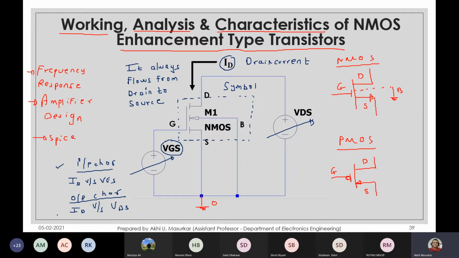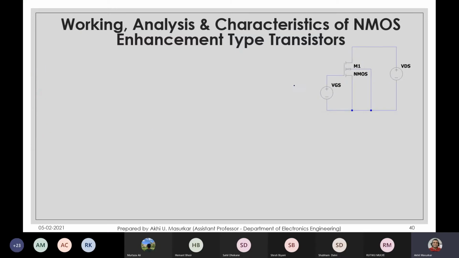Now let us go to the next part. This is actually a symbol, but what actually happens at the device level? So now all of you will draw the MOSFET with me. We will draw it together. I'm just going to the next slide. Only the circuit diagram is expected from this slide, nothing else. I am keeping this circuit diagram here for our reference: drain, gate, source and body.